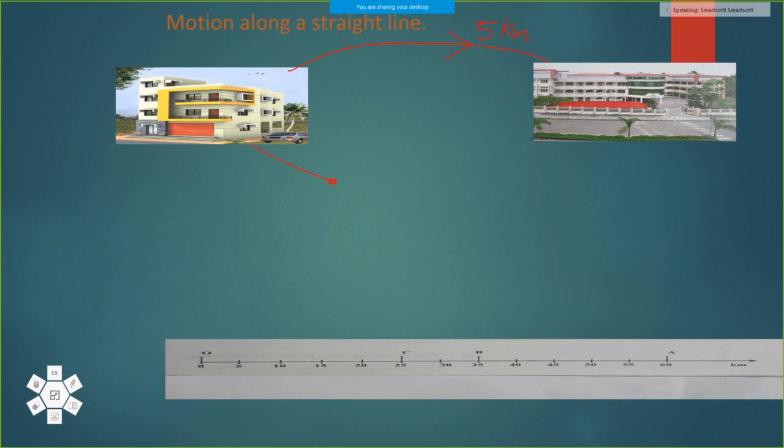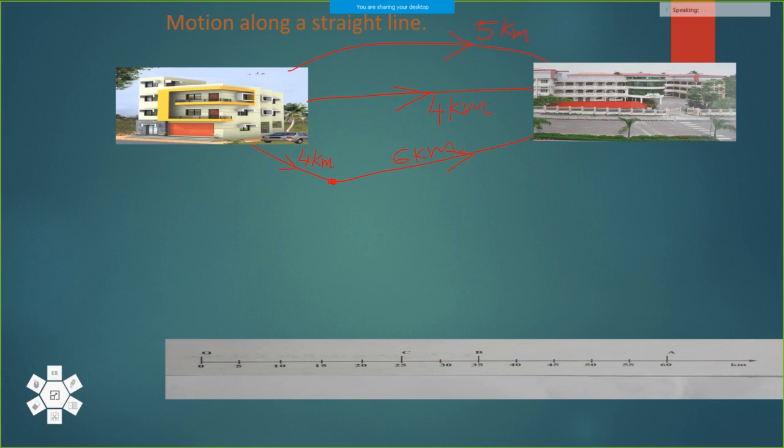Here is a junction, from that junction you will go to SCV. From your home to this junction, if the distance is 4 kilometers, and from this junction to your school, it is 6 kilometers, you will travel a total of 10 kilometers every day. But when we think of the easiest way, that is the shortest path between the starting point, our home, and our SCV, then sometimes it will be 4 kilometers.